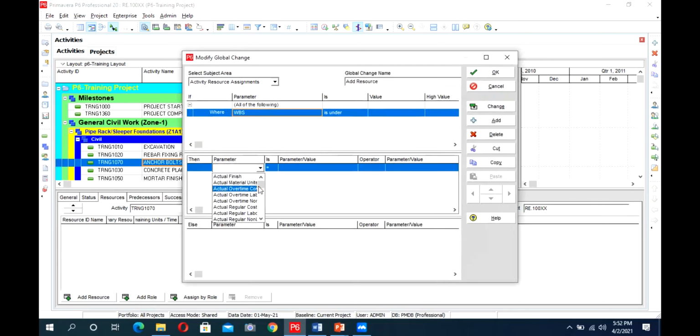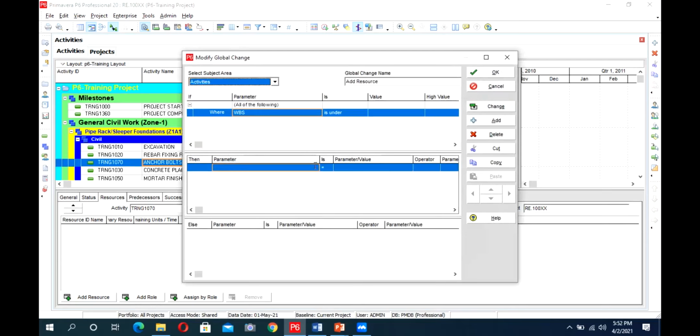But after adding the resources from here, we can select different options. So we can even assign its curve from here. We can change the resource type from here, or resource IDs. So to assign the resources, we first have to follow the first procedure only. We cannot add it from global change. So I will just give you an introduction to this global change.